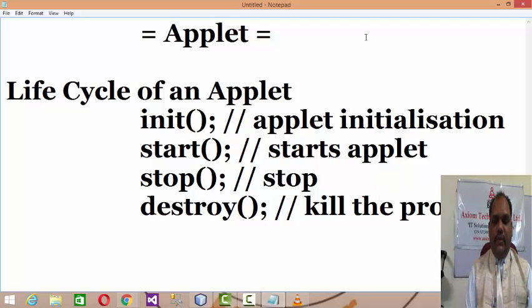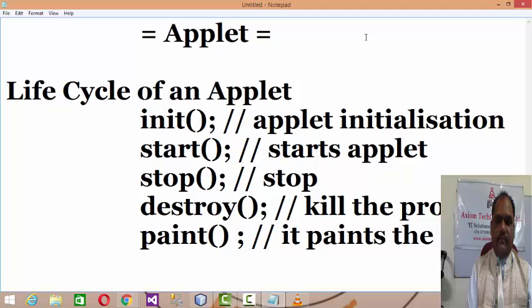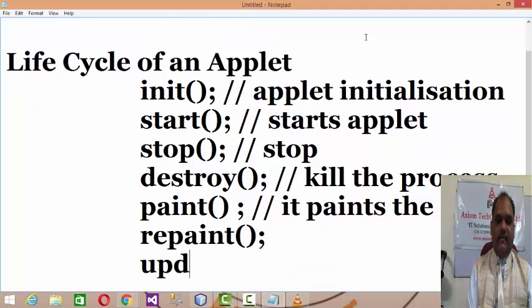And then we have paint. We already discussed that it paints the applet. And you have repaint and update.